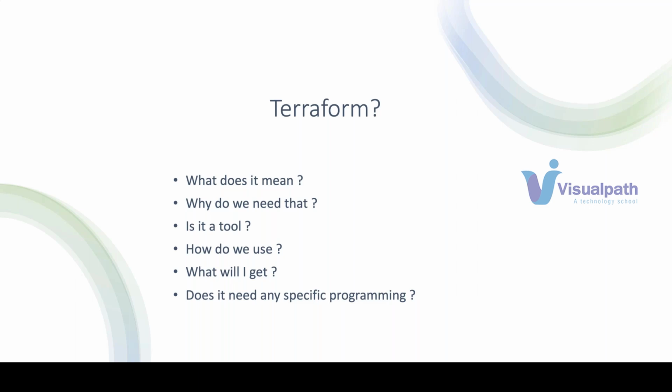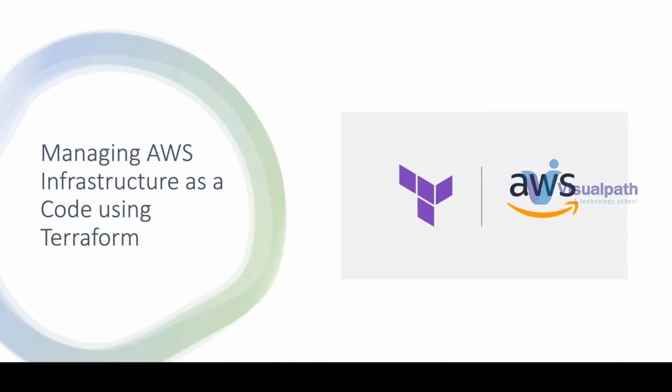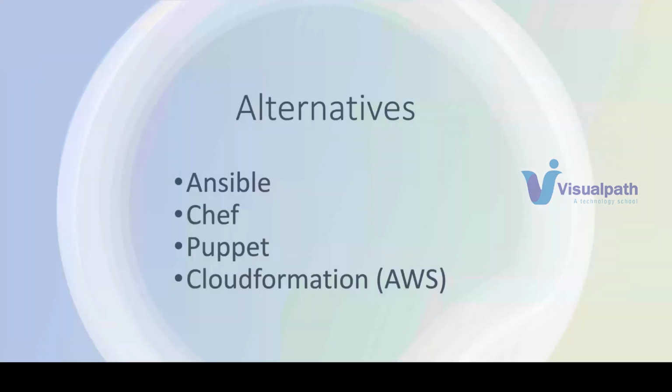Now in this course, we are going to manage the infrastructure as code with AWS. That's the plan in our course. And we have a lot of alternatives in the market. If you see, we have Chef, Ansible, Puppet, CloudFormation, and many other tools, right? We are not going to see all the tools because every tool has its own pros and cons. We are going to see Terraform because a wide range of companies are using it in their infrastructure code, right?